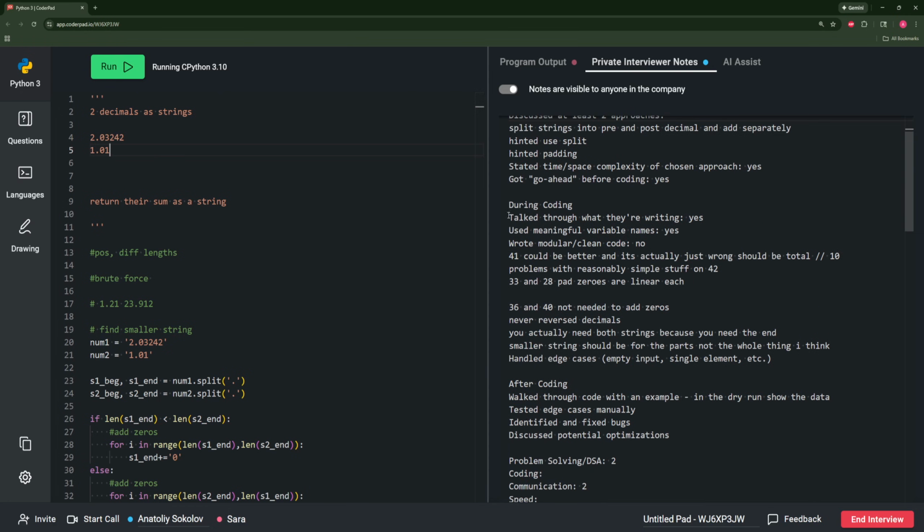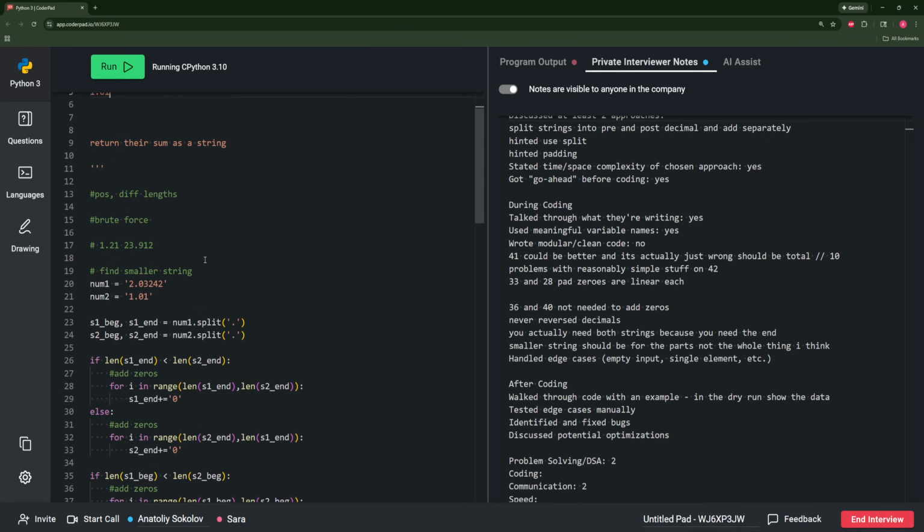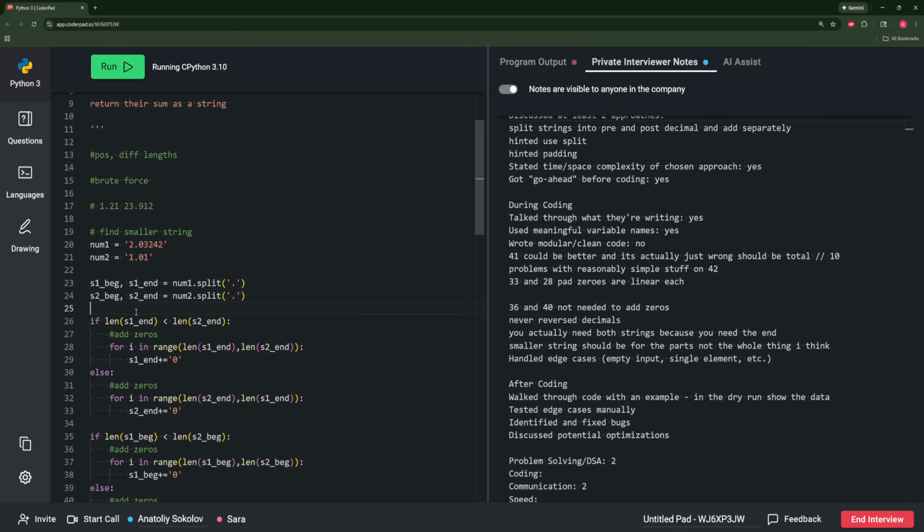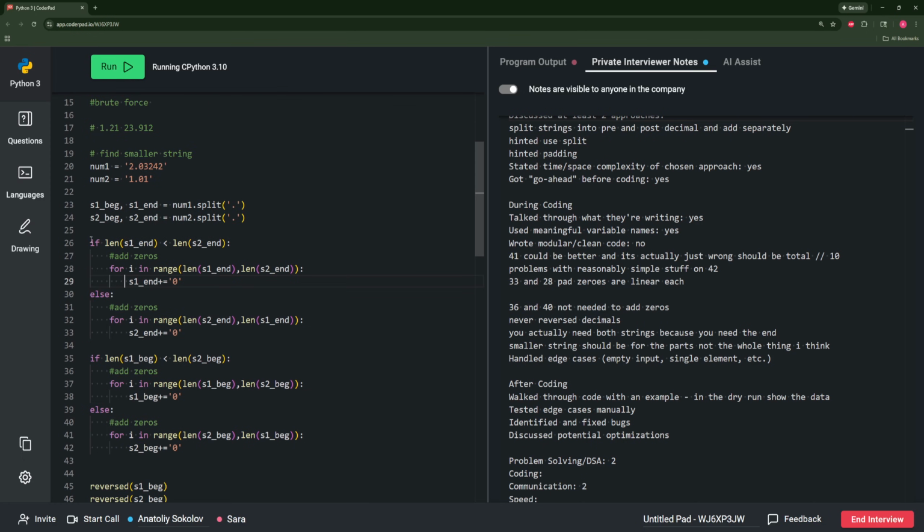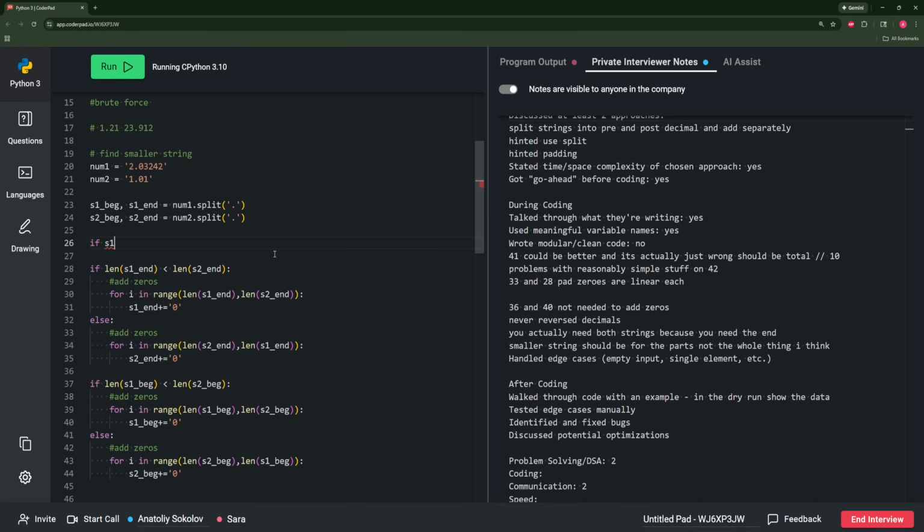But I think the biggest category you struggled with was your code quality and your separation of stuff, which was very, very bad, I think. For example, you have a lot of repeated logic, the really obvious stuff, like this if else if else if else if else. So you can figure out how to make this better. Something you could have done was split your stuff and then say, if S1's beginning length is bigger than S2's, do a swap. And then you know for sure